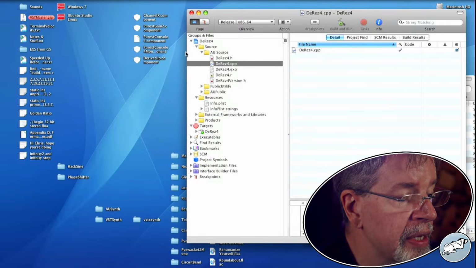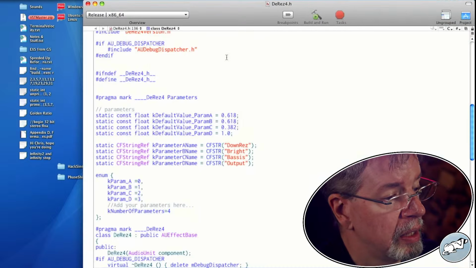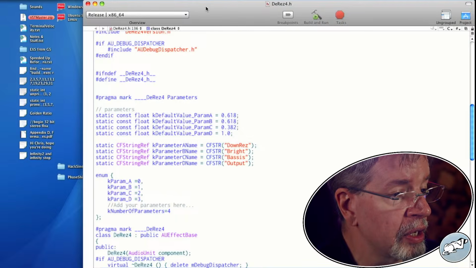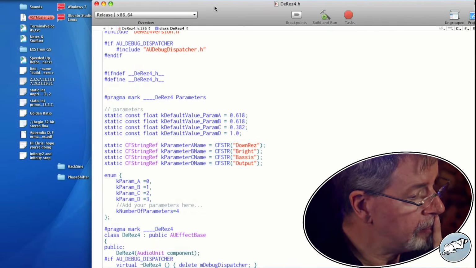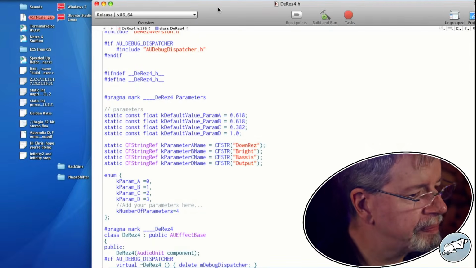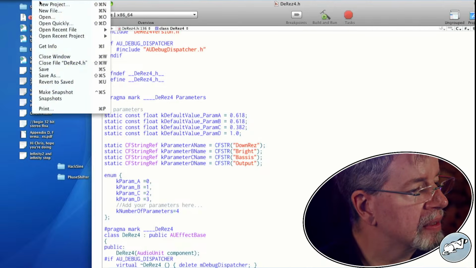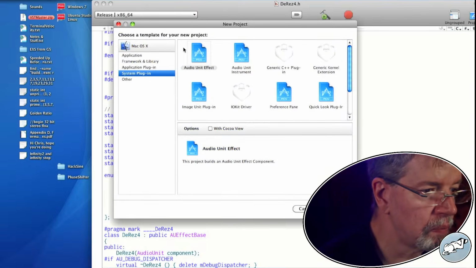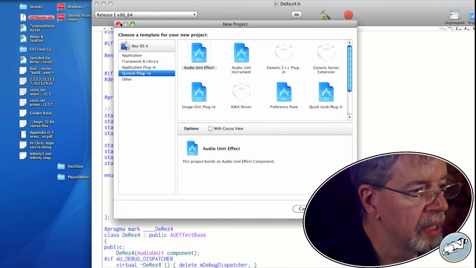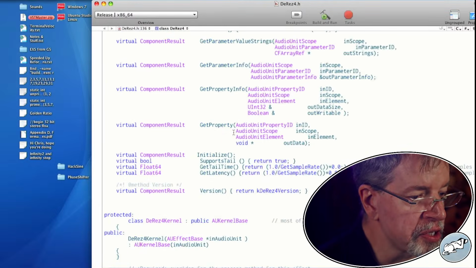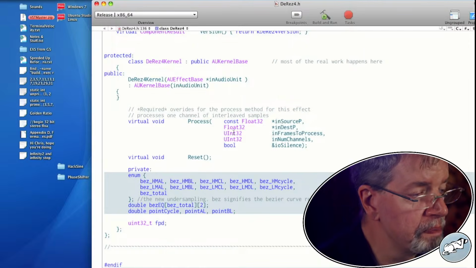But the other thing is, let's do another variation on derez. Let me first check to see whether this was a stereo processor.